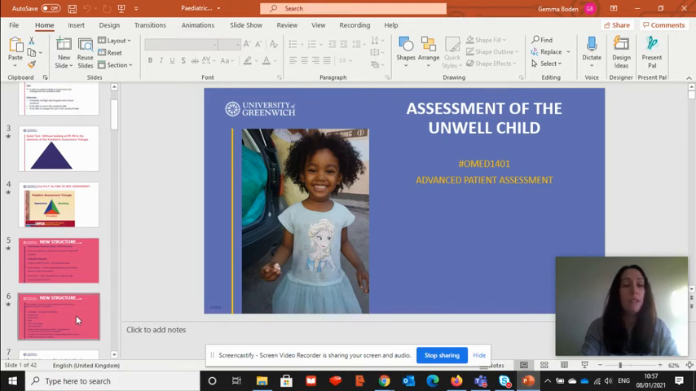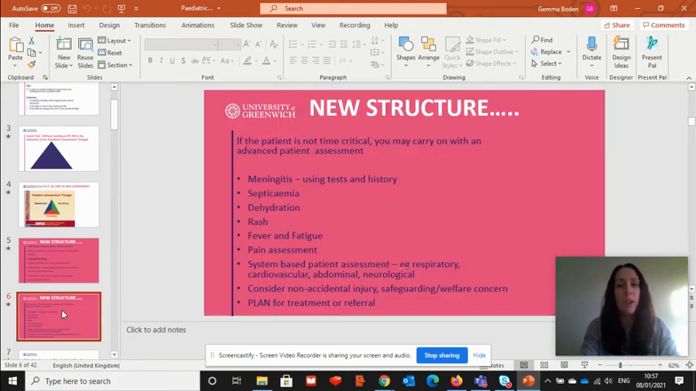So just a little reminder about our structure that we're going to cover. First of all, we're going to look at meningitis. Sorry, I should say this is only for the non-time critical patients. So we will take history and test for meningitis, for septicaemia, for dehydration, for rash, for fever and fatigue,